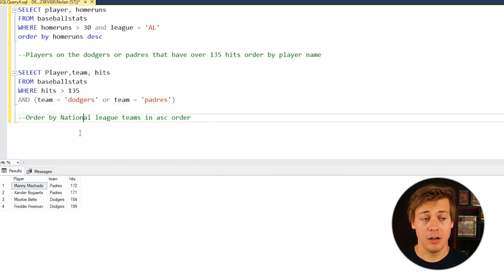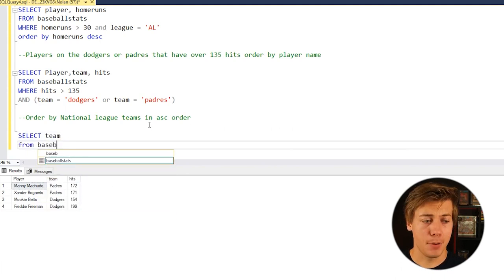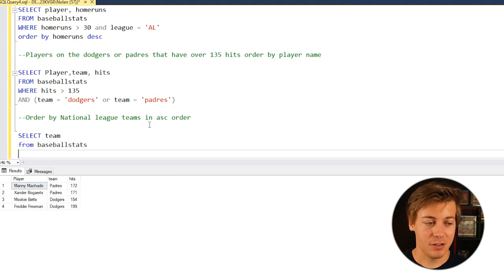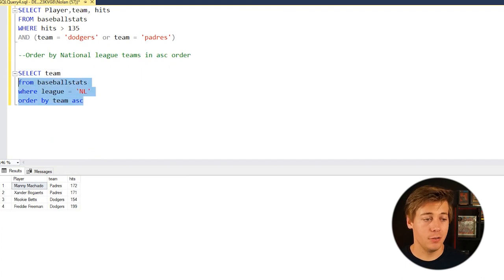Let's go into number 3. And this one is order by National League teams in ascending order. So this actually sounds pretty easy. So select, and we're going to do team because it's the only thing that we need, from baseball stats. And then we're going to see where league equals NL. And then we're going to order by team ASC. And if we run that over here,